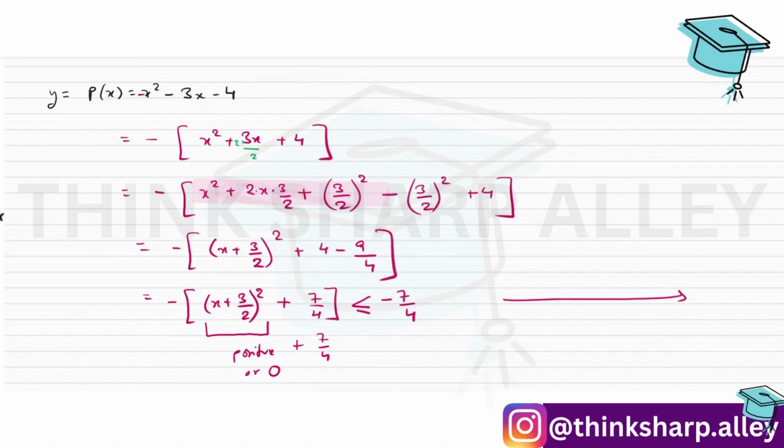Since it's going to be less than or equal to minus 7 by 4, it will never become 0, because on the number line, what is minus 7 by 4? It is basically minus 1 whole 3 by 4, right? So if the middle one is 0, here we have minus 1, here we have minus 2. Minus 1 whole 3 by 4 is somewhere between minus 1 and minus 2, somewhere over here, let's say. And the value of the polynomial, as we have found out, is going this side. This side will never get 0, right? So that means there is no value of x for which the value of this polynomial becomes 0. And hence, this polynomial has no zero, which we have seen very clearly and very easily from the graph, because the graph does not cut the x-axis.